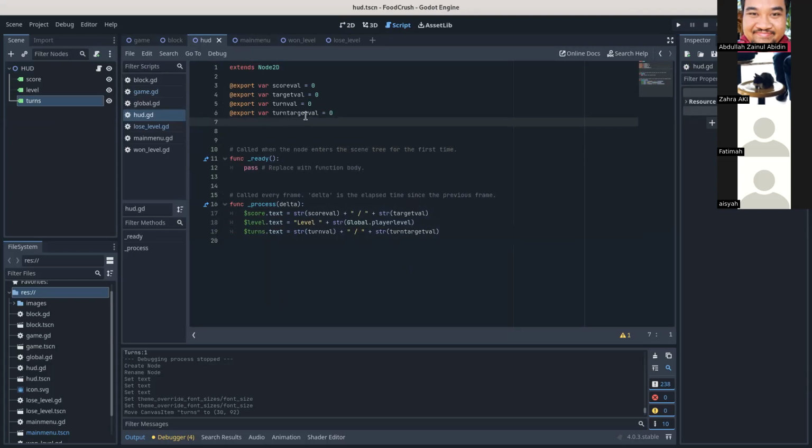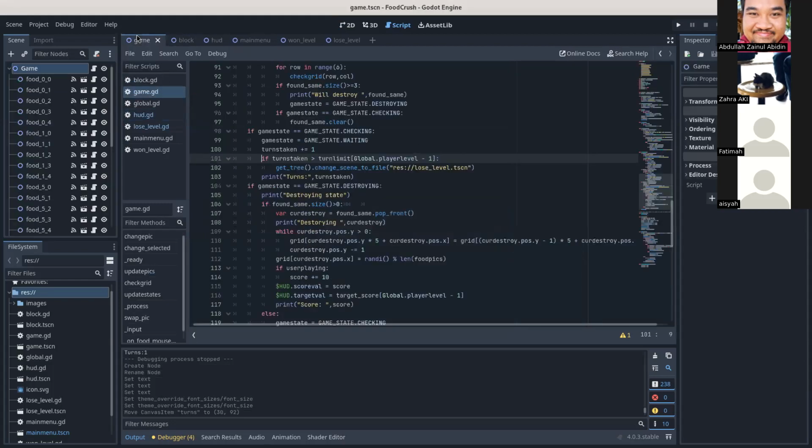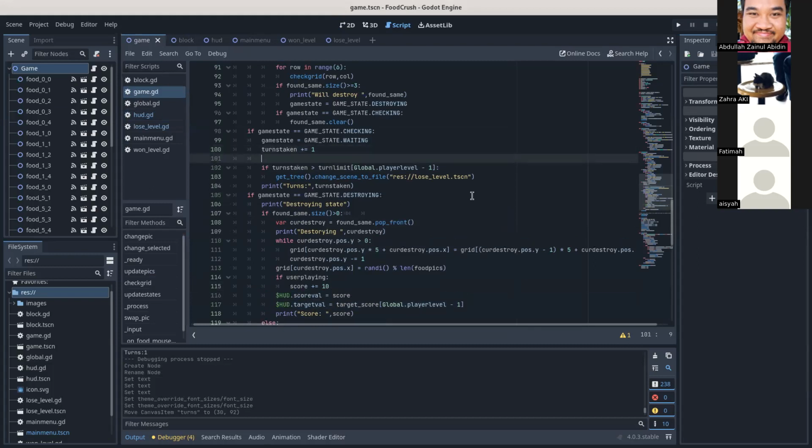Okay, and just like the score, we have to update inside the game. So on the game, for example, you update the score like this: HUD score val equals to score, HUD target val equals to target score. So same thing, you can actually copy paste this. Okay, so after we updated the turns taken,